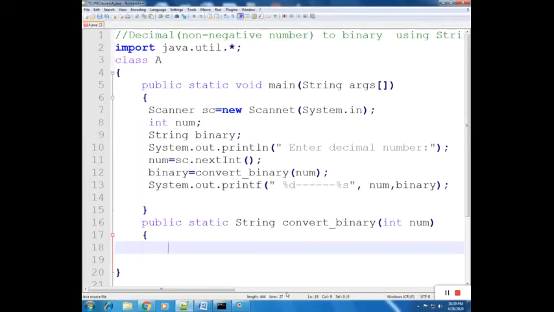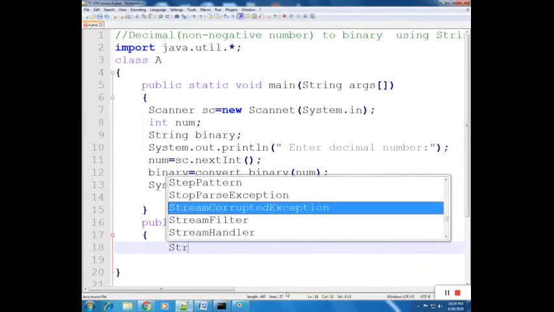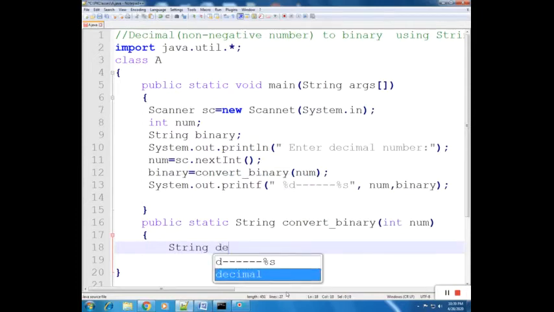What we will do here, we will declare String decimalToBinary is equal to blank.